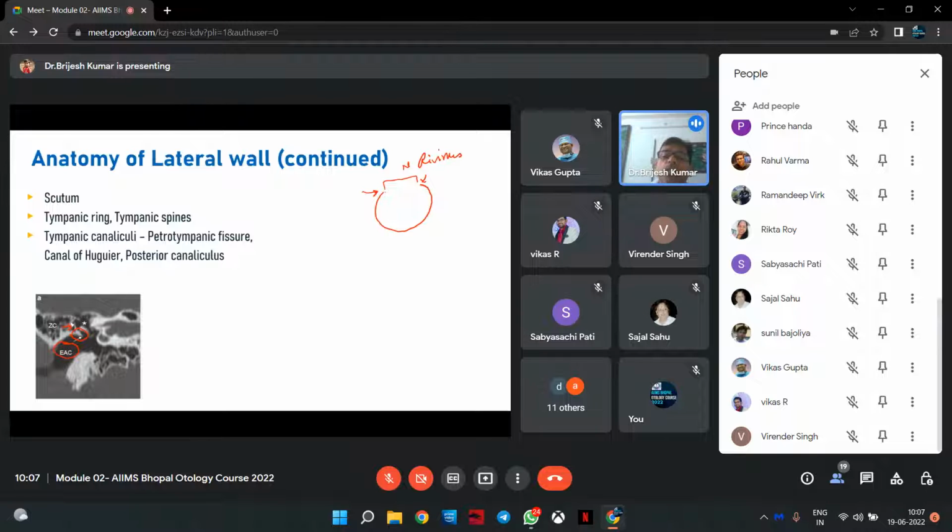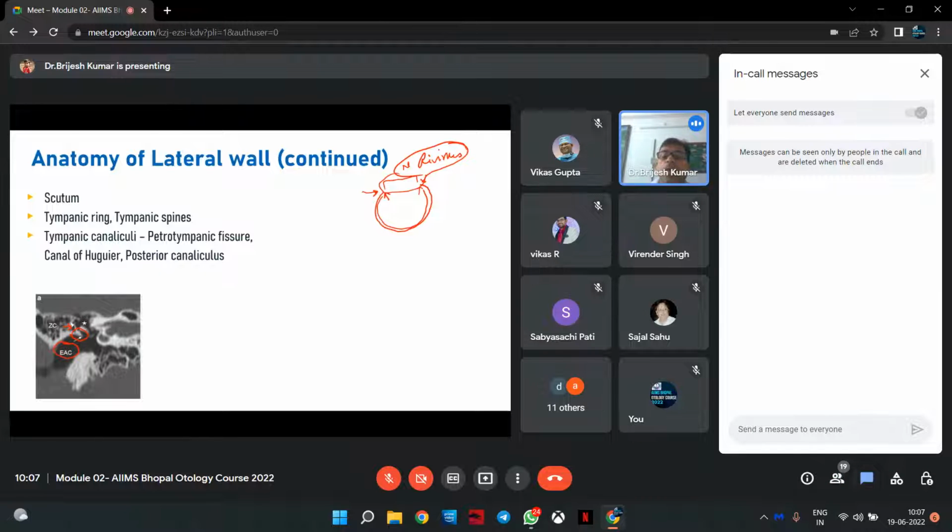This part is called the anterior tympanic spine, where it ends anteriorly, and this is the posterior tympanic spine. These structures give attachment to the pars flaccida part of the tympanic membrane, whereas the tympanic ring gives attachment to the other part of the tympanic membrane, the pars tensa. And medial to the tympanic ring is the tympanic sulcus, which holds the annulus of the tympanic